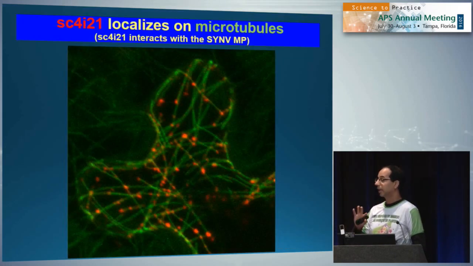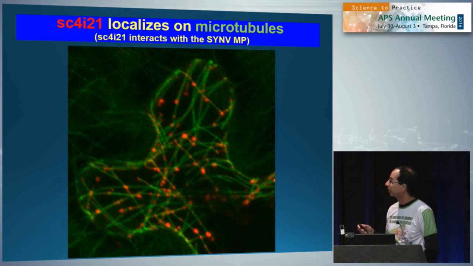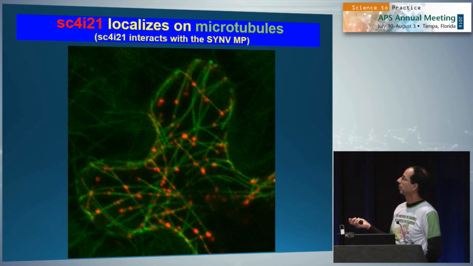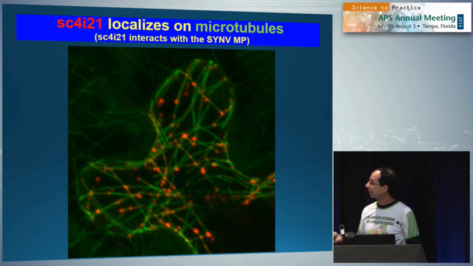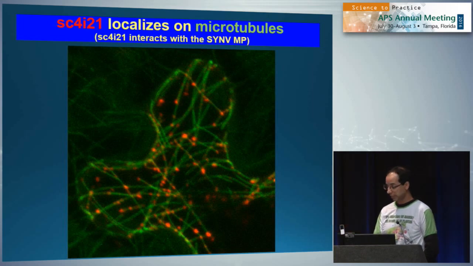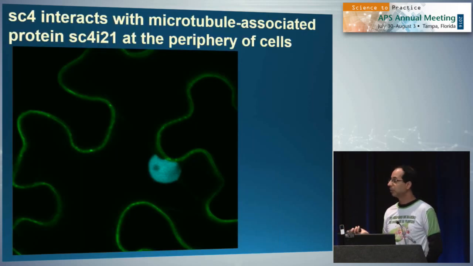Here's a very, just to really drive that point home. This SC4 interactor 21 interacts with the SYNV movement protein, and shown in red is its localization on microtubules. What's very interesting is that this microtubule-localized protein, when it interacts with the movement protein, actually drives to